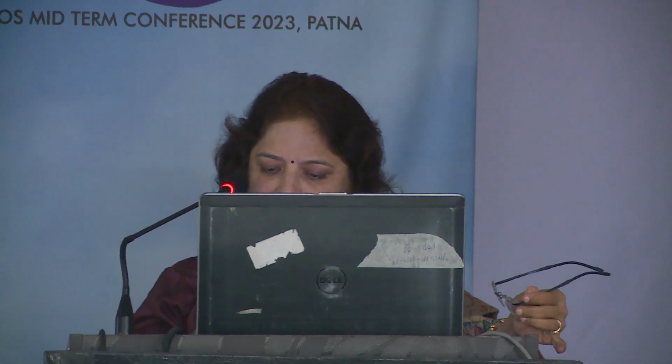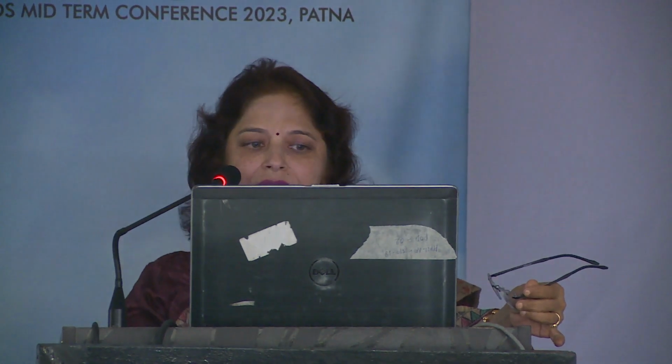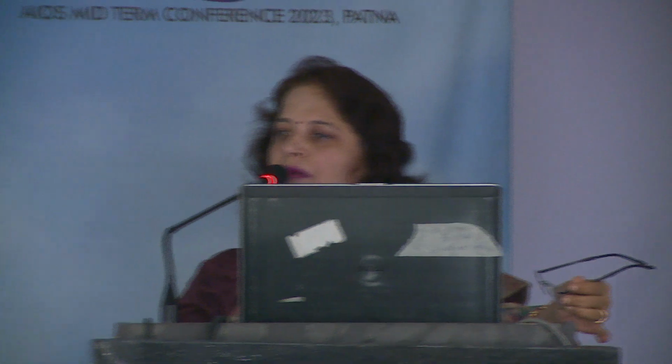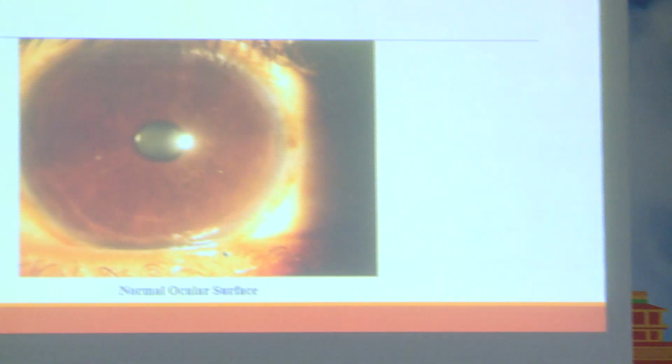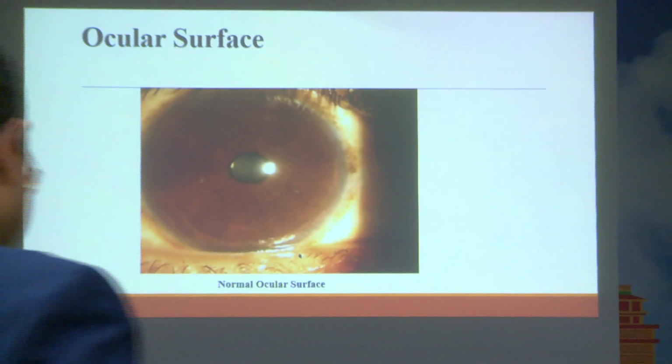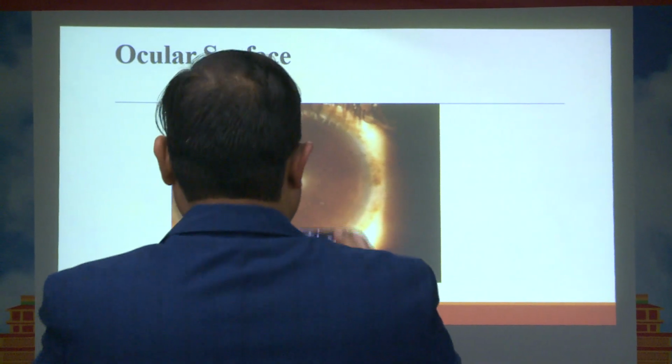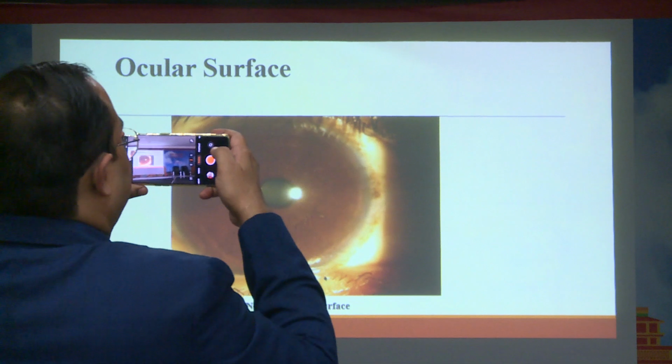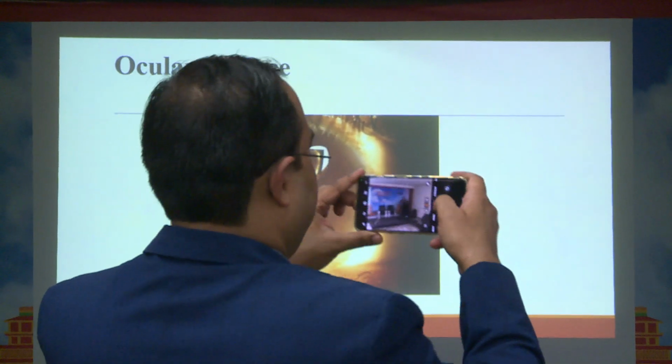...of multiple factors which we would be taking one by one. Being blessed with a normal ocular surface is really a blessing, and we realize this only when we sit in a dry eye clinic and we see the miseries of patients. And normally we also see that sometimes we do a very good cataract surgery, 6/6 vision, we are very happy,